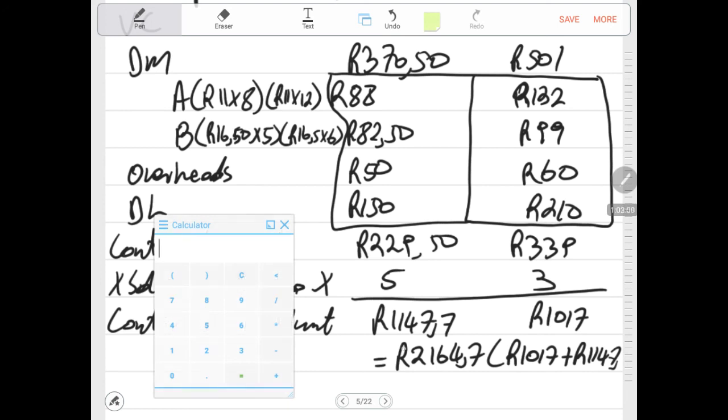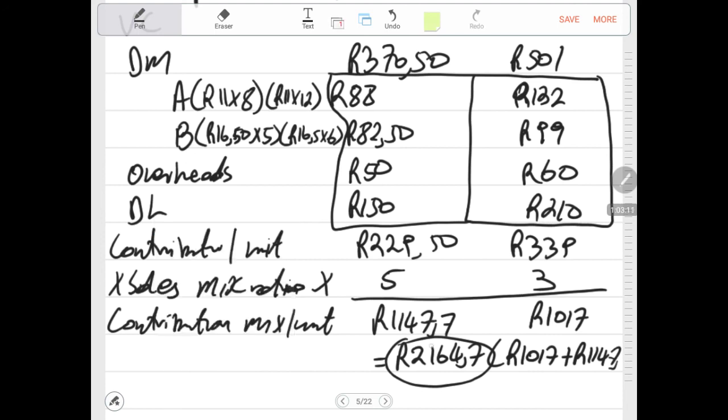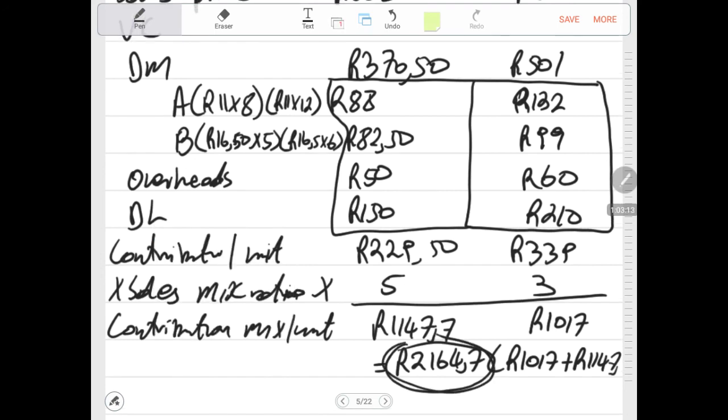Then this will be the contribution mix that we are using, the total contribution mix per unit, 2146.70. That is the amount that we use to calculate our